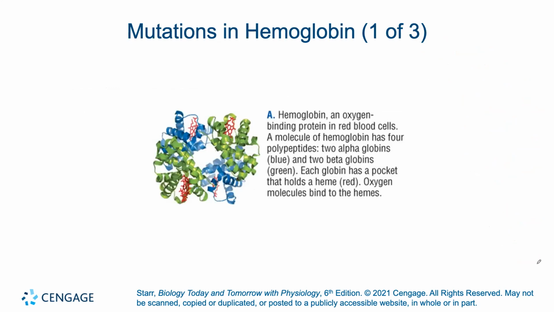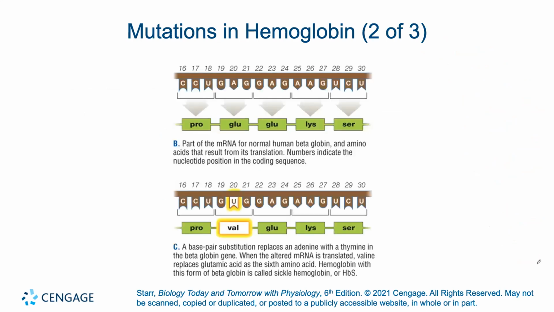inside red blood cells around the body, is made up of 2 alpha and 2 beta globins. Each globin has a pocket that holds a heme, which holds an oxygen, to an iron that's in the middle of the heme, okay? And if you have a particular type of mutation that changes a glutamate to a valine,